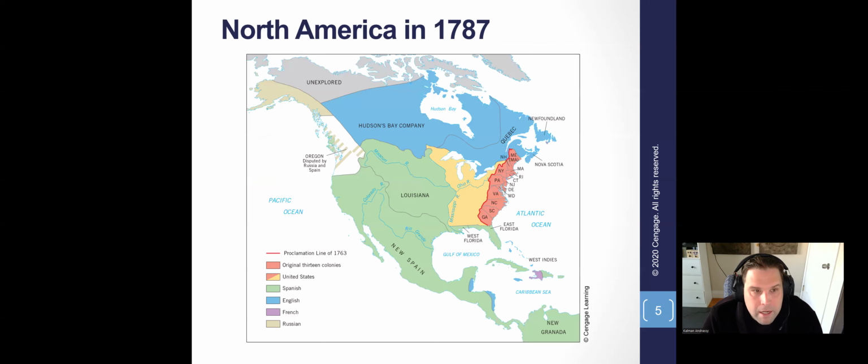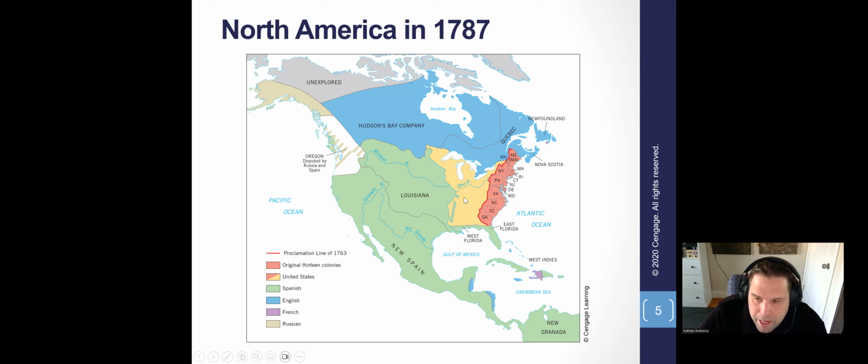Okay, and here's a map of the North American continent in 1787, at which time the United States Constitution was ultimately passed. But to kind of give you a little bit of an insight, you have the 13 original colonies here. We have Maine, New Hampshire, Massachusetts, Rhode Island, Connecticut, New York, Pennsylvania, New Jersey, Delaware, Maryland, Virginia, North and South Carolina, and Georgia. And then surrounding it, you had